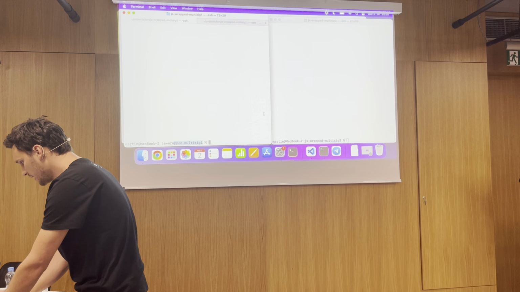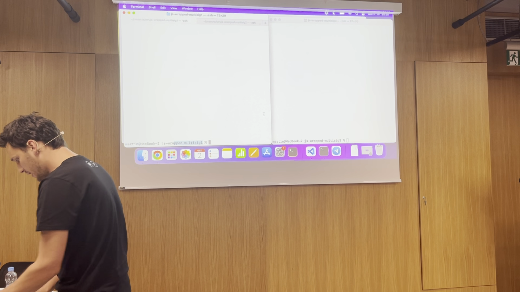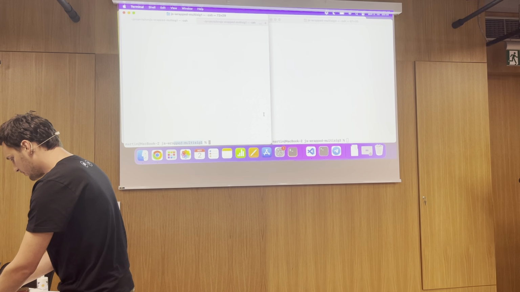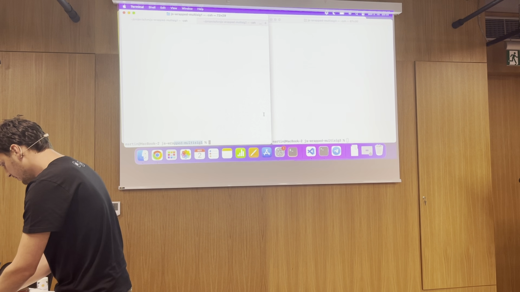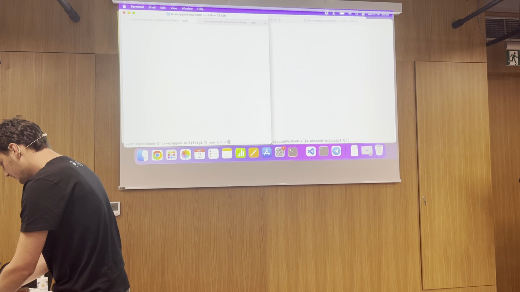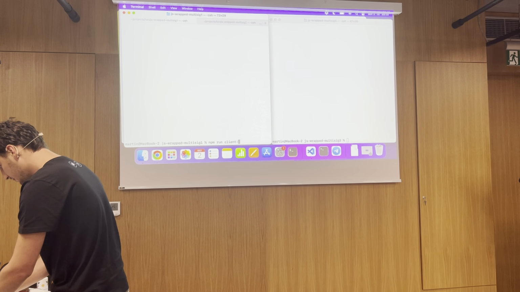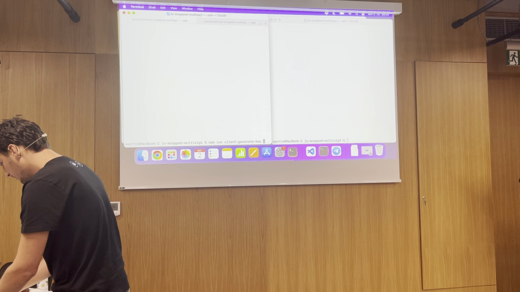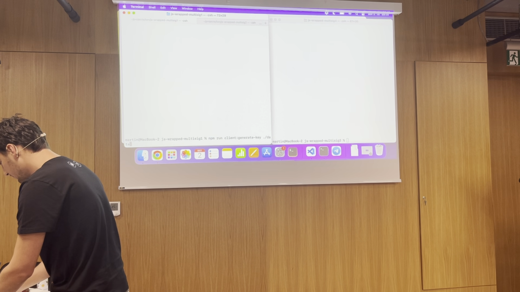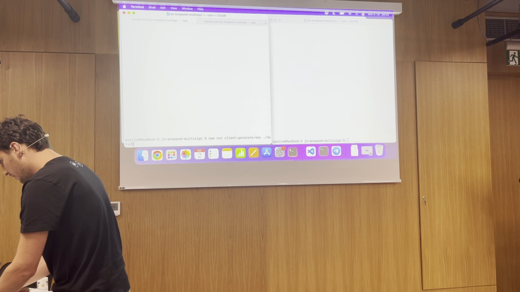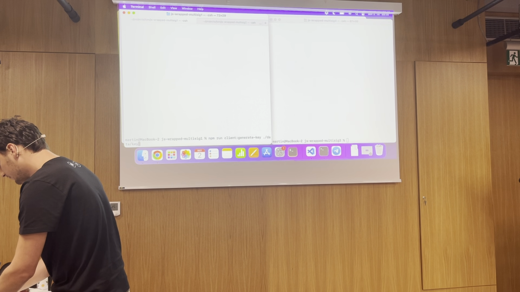So first, what I need to do is generate a private key keeper for each user. So npm run client generate key,